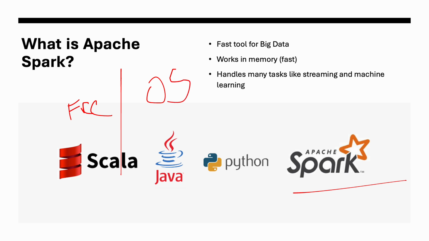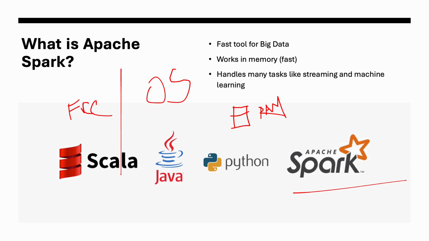Ignore my handwriting. So it's a free, open source tool that is made to work with big data. It is very fast because it stores data in memory instead of writing to disk every time. Memory basically means the RAM. So it uses RAM for storing data, and it doesn't read or write on the disk every time,